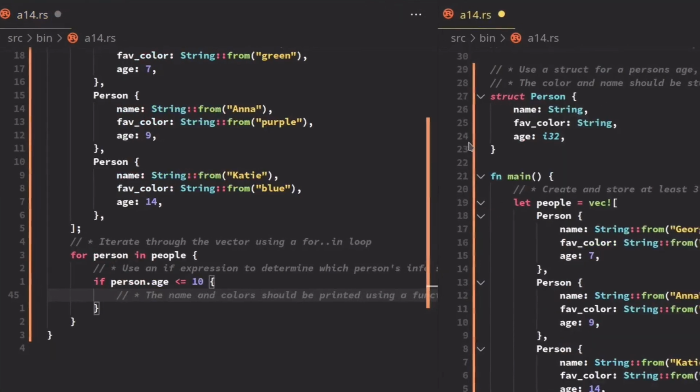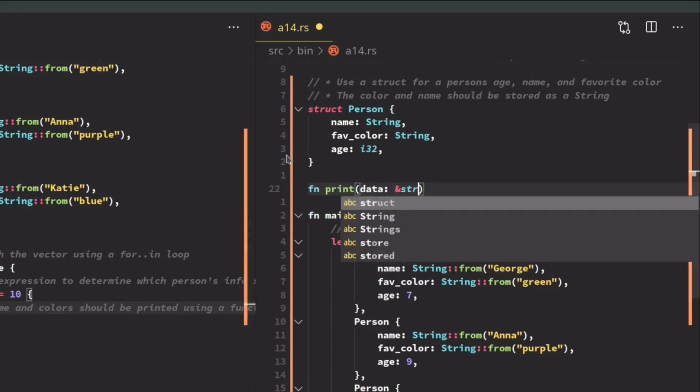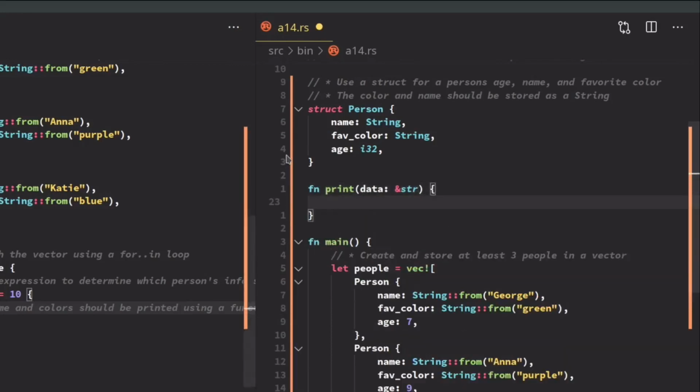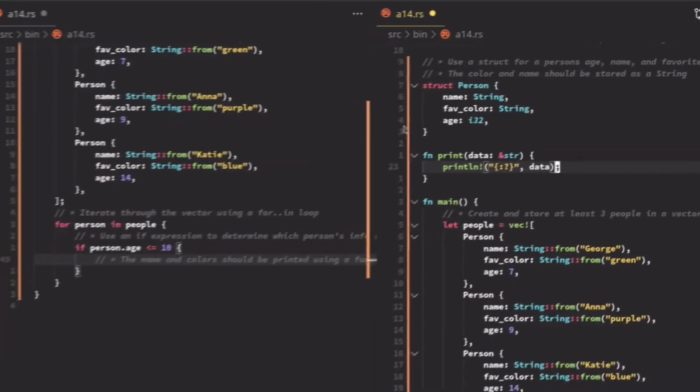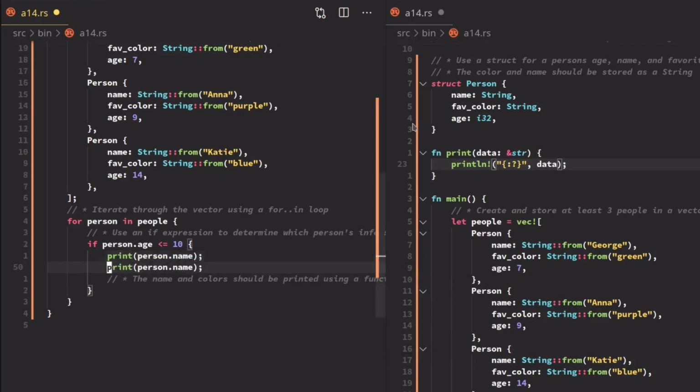So I'll write a function here. I'm just going to call it print. It's going to accept just any data, and that data will be a string slice. Nothing needs to be returned since it's just printing out information. I'll use the println macro with the debug token to print out the data. We can then utilize this function here by calling the print function with a person.name and a